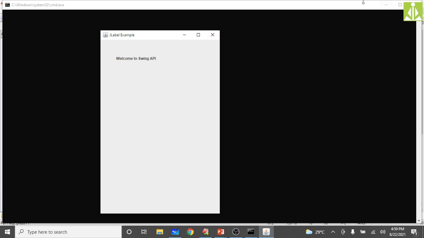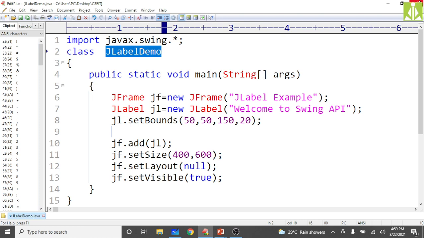Okay, just close this. Shall we go with a button, and then we will do one action handler with the help of the button, and then we will go to the layout manager. So I'm completing all now. AWT is over, event handling is over, Swing is over, layout manager is pending. That also I will try to wind up.